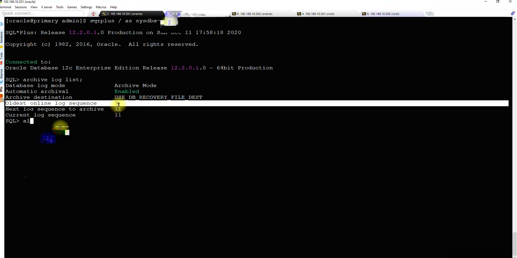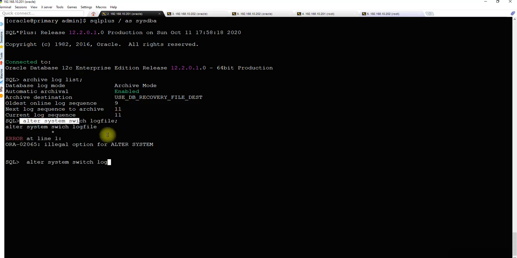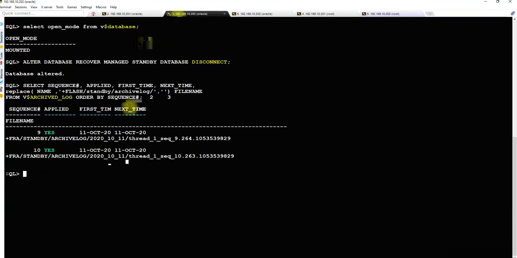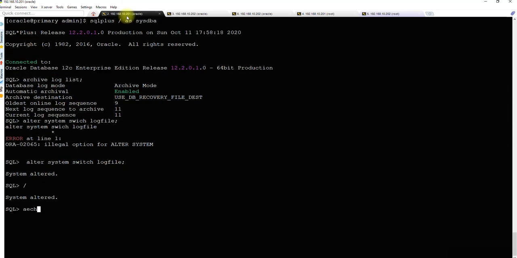Now alter system switch logfile. Sorry, the spelling mistake. We will switch 2 times and you will see 2 more files will be available here. 11 and 12 come up here, right? Immediately copied. Archive log list.